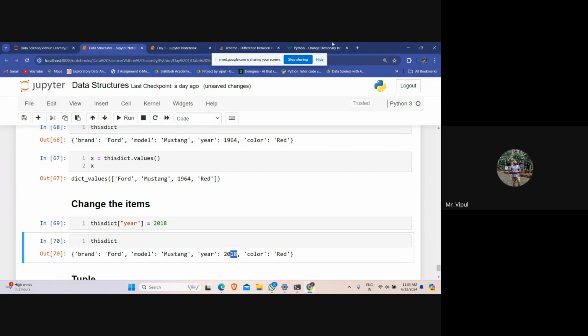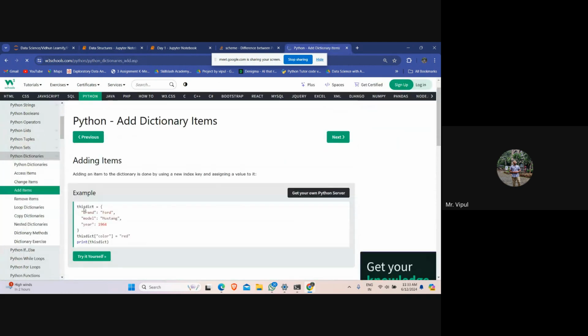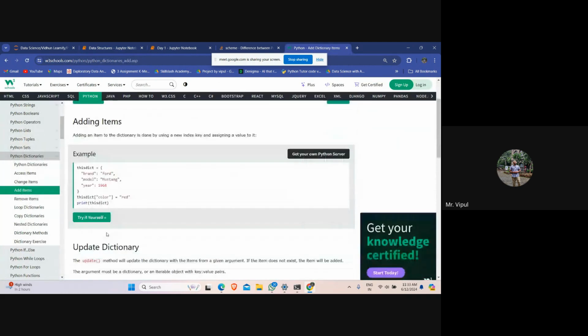Next, what we can do is add items and remove items. How to add an item? We have already discussed this.